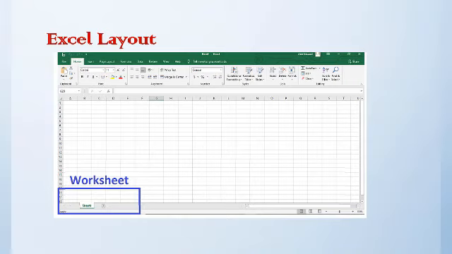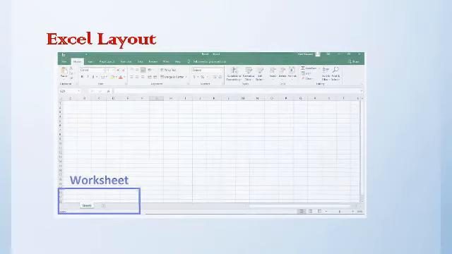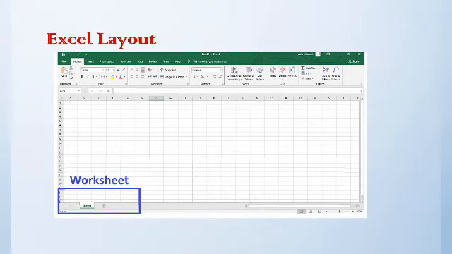In other words, the term worksheet used in Excel is a collection of cells organized in rows and columns. It is the working surface you interact with to enter data. This is a single sheet, and multiple sheets can be added or deleted from a workbook. To add a new worksheet, just click the plus arrow. To change the name of a worksheet, double click on the name of it.